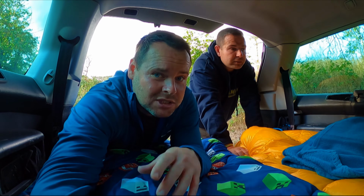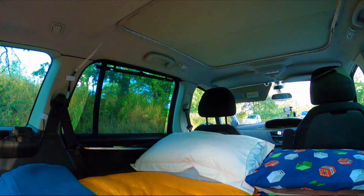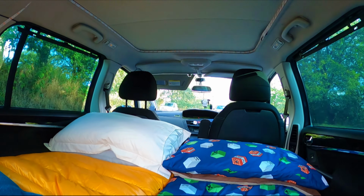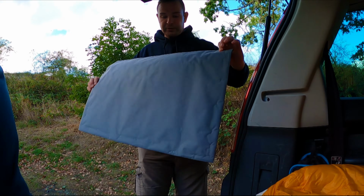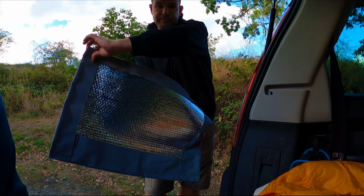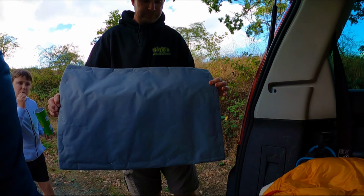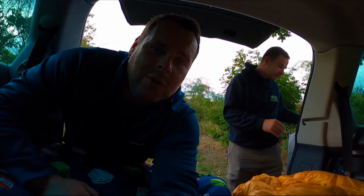But when we were out a couple of weeks ago, he had only a single, so he did have this side as a bit more space. But it's looking good, mate. You've done a cracking job on it, to get it to the level that it's at now. Some window reflectors. So in the winter, it should keep me a little bit warmer, and also stops people looking inside when I'm trying to have a nap. Ah, a bit of privacy. Yes. We all need a bit of privacy when we're alone in the van or the car, just so you can not be seen when you...